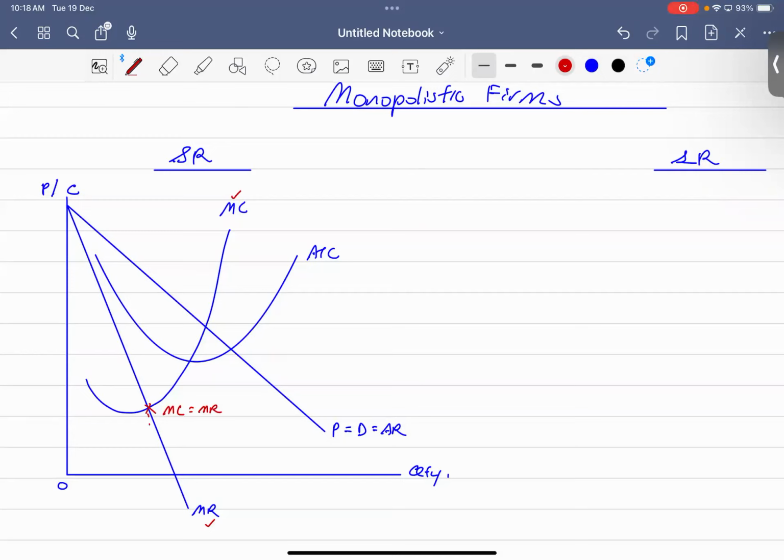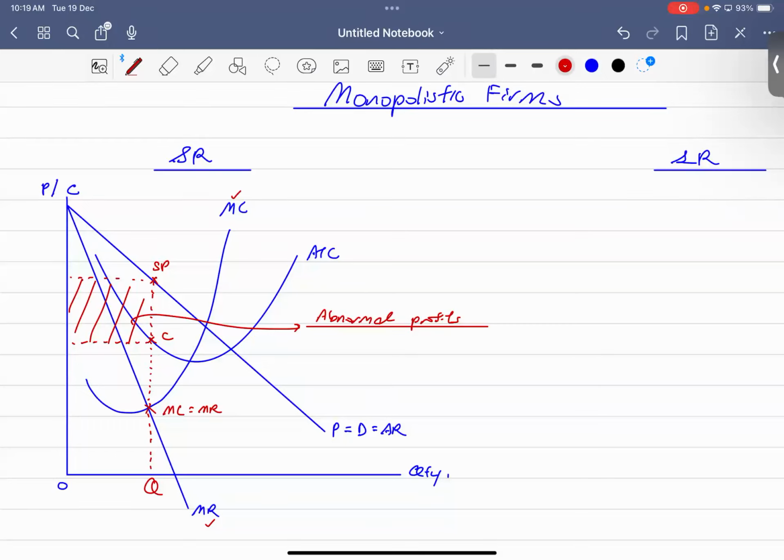That means this is the amount of output that the firm should be producing at. And what about the price? You plot upwards, and once you reach the demand curve, that is the selling price. And when it touches the average total cost, that's your cost, the average total cost. So you can see the selling price and your cost over here. Therefore, this region over here is your economic profit, or abnormal profit, just the same as how you draw it for monopoly firms.